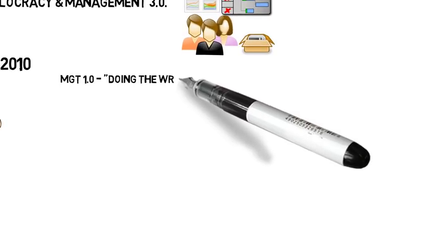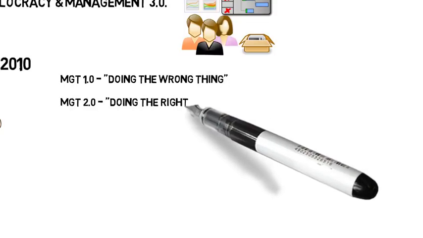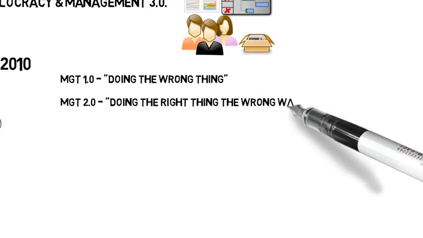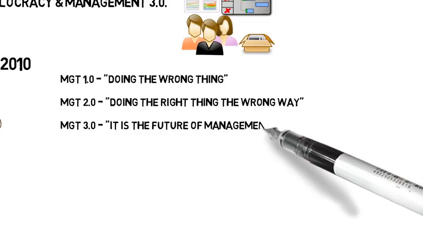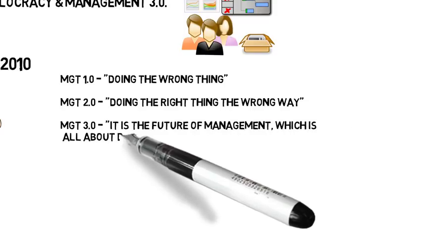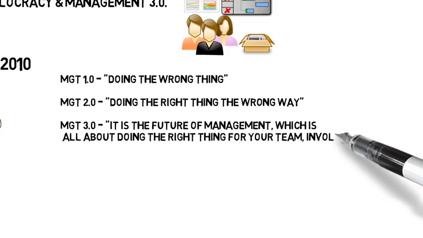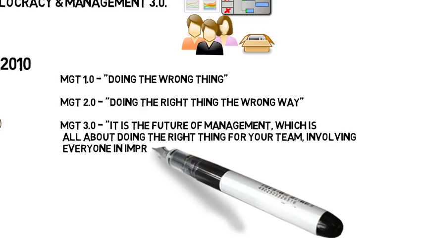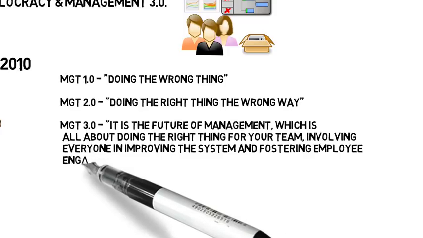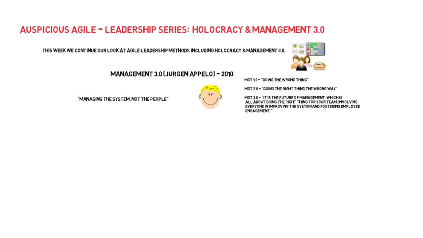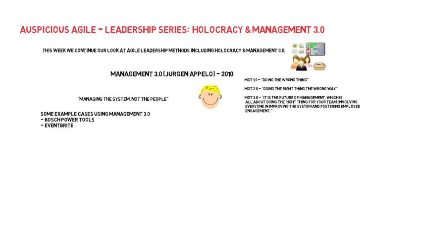So several of the different ways that Jürgen Appelo characterizes management methods. Management 1.0 was doing the wrong thing. Management 2.0 he characterizes as doing the right thing the wrong way. And Management 3.0 is basically the future of management, which is really all about doing the right thing for your team and benefiting your organization in that way and involving everyone and improving it. So these are the ways, and let's take a look at Management 3.0 now and see how Jürgen Appelo uses